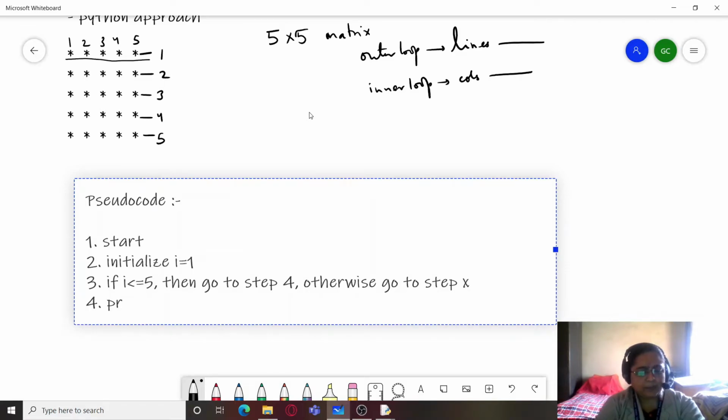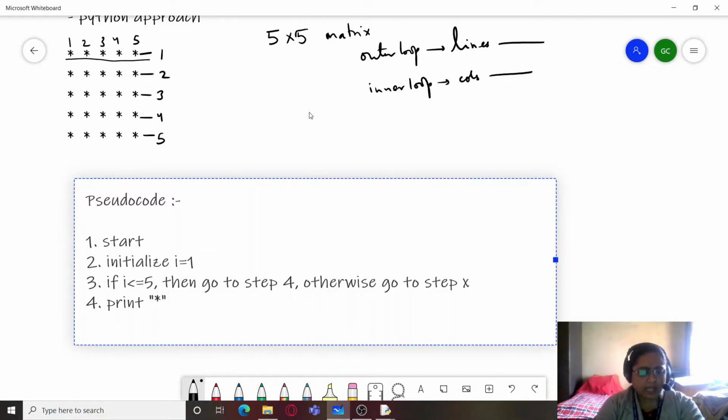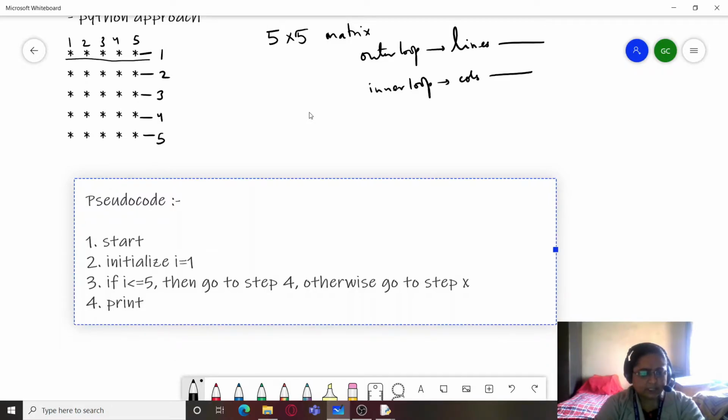Now in step 4 we will simply be printing this asterisk sign. And in the step 5 we are just going to update I. Sorry, I did a mistake. Inside this we will be initializing j equals 1.